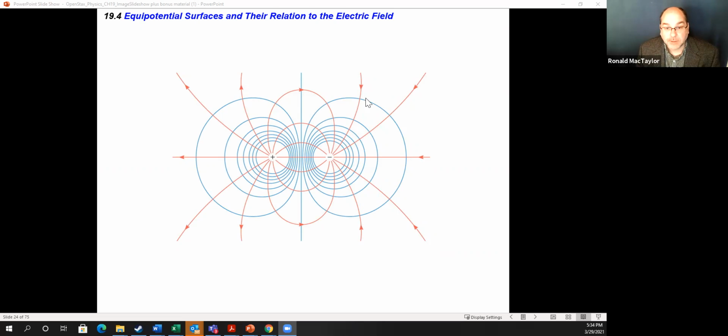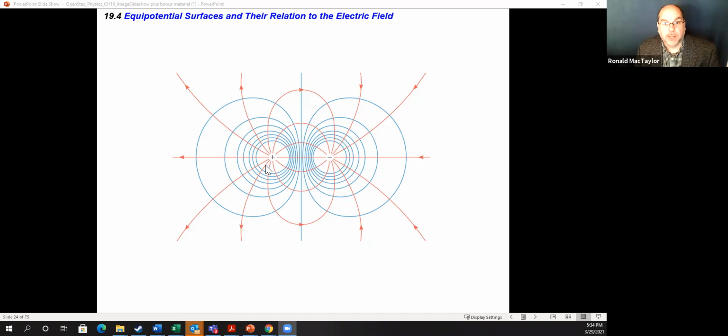The electric field lines go toward the negative, away from positive. But then the equipotential surfaces exist at different distances away from the charges. And, you know, I don't know what they're mapping out here, a drop of, you know, 100 volts each time or something, but